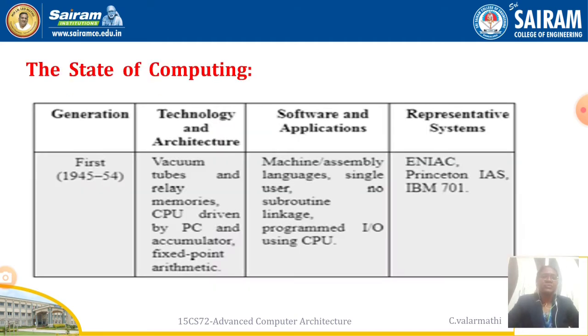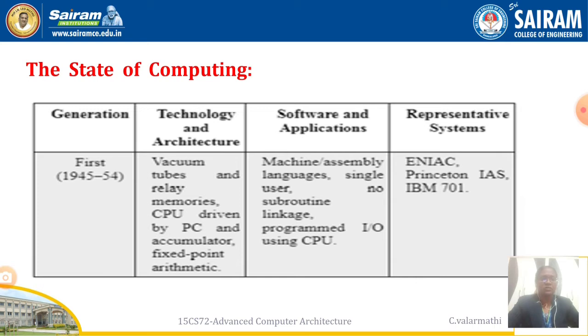State of computing. This state of computing starts from the topic of generations of computer. We already have discussed the generations of computer. It is divided into 5 generations. The division is based on the duration of years. The first generation falls in the category of 1945 to 54, and the technology and architecture they used in the first generation are vacuum tubes and memory relays, and the software is low-level programming